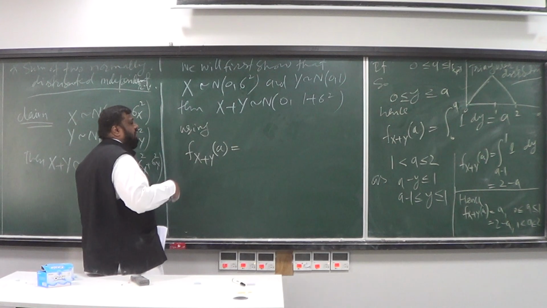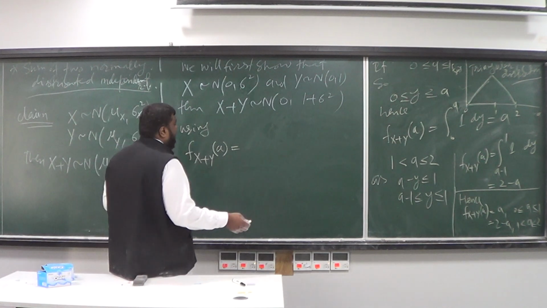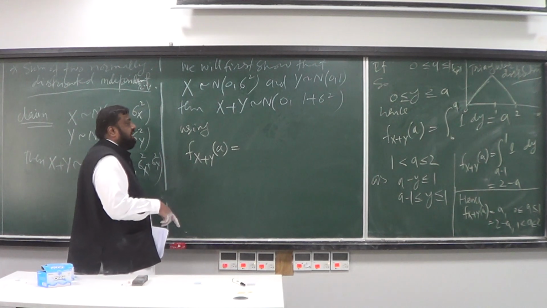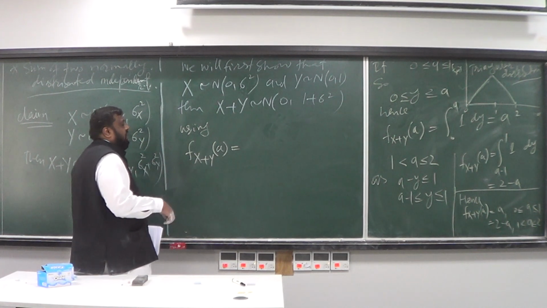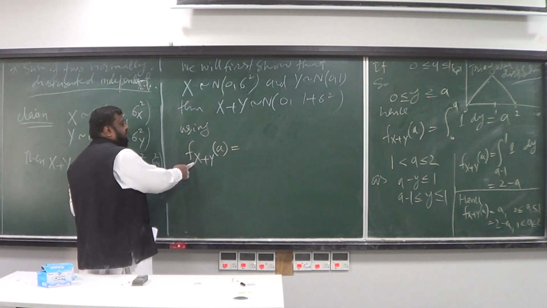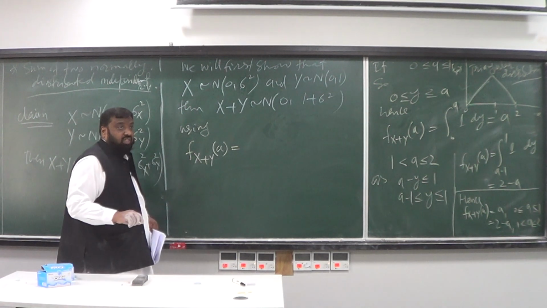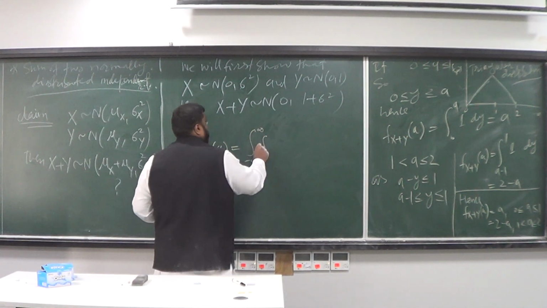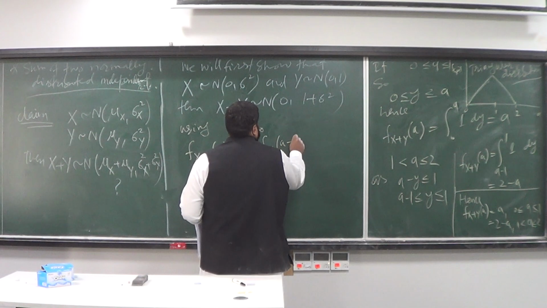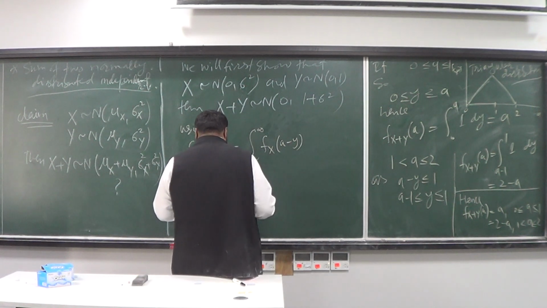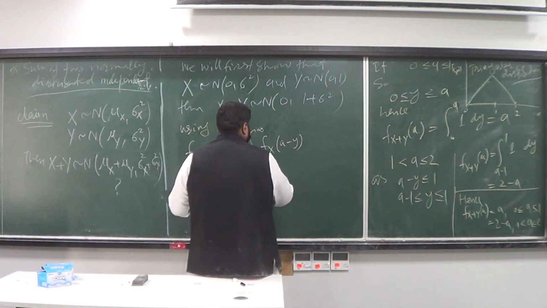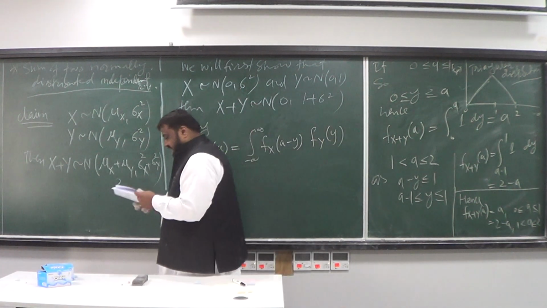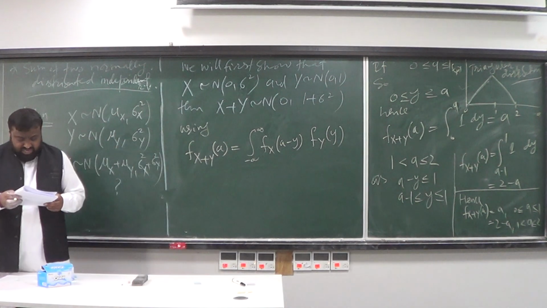If you have two independent random variables, then the PDF of the sum is equal to the convolution of the PDF of X with the PDF of Y. So it goes like this: the integral from minus infinity to infinity of f_X(a minus y) times f_Y(y)